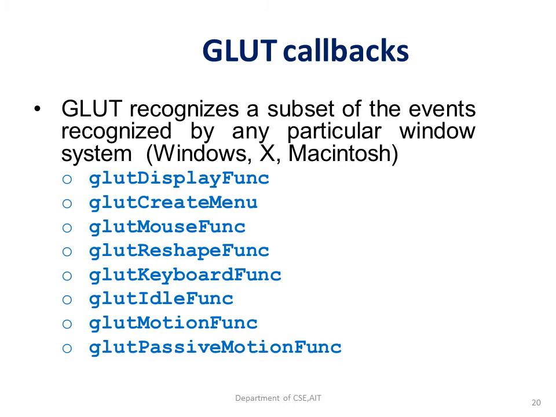We can have multiple types of callbacks in GLUT. Whenever I want to make use of a display function, I can use glutDisplayFunc. If I want to handle a mouse button, I can use glutMouseFunc. And if the movement of the mouse has to be taken into consideration, I can go for glutMotionFunc. When the mouse is moving but no key is pressed, then I have to go for glutPassiveMotionFunc. These are some of the events which can be handled by GLUT.